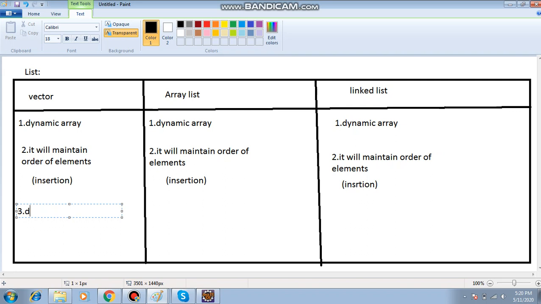What is the third point? The third point is duplicates are allowed.